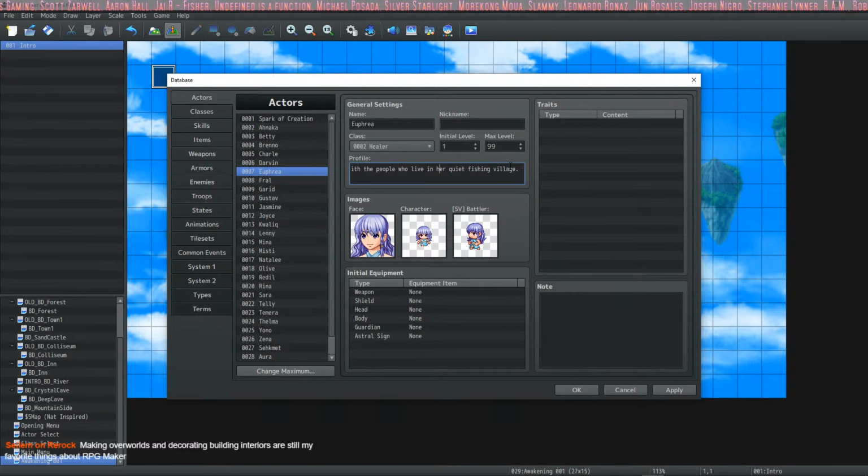Who live not in her, but with her. Who live with her in a quiet fishing village. There we go. So let me read it from the beginning. Euphraia is a gentle soul born with a strange gift, comma, most uncommon with the people who live with her in a quiet fishing village. There you go. We've got a storyline, a little intro.